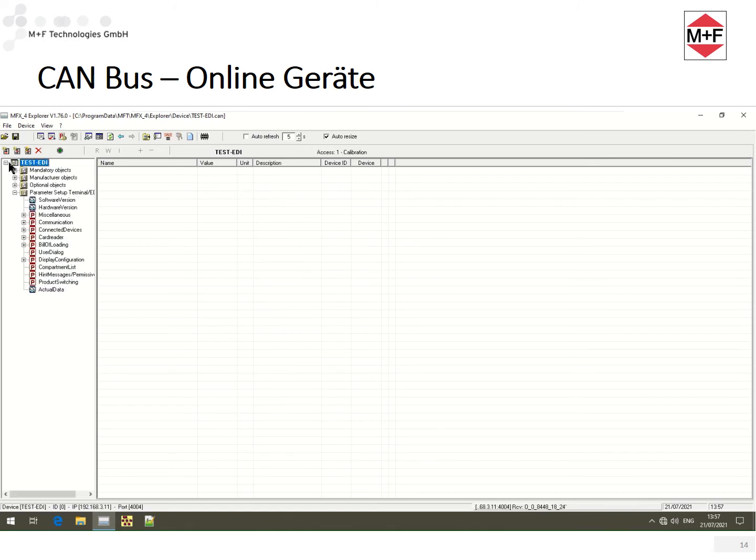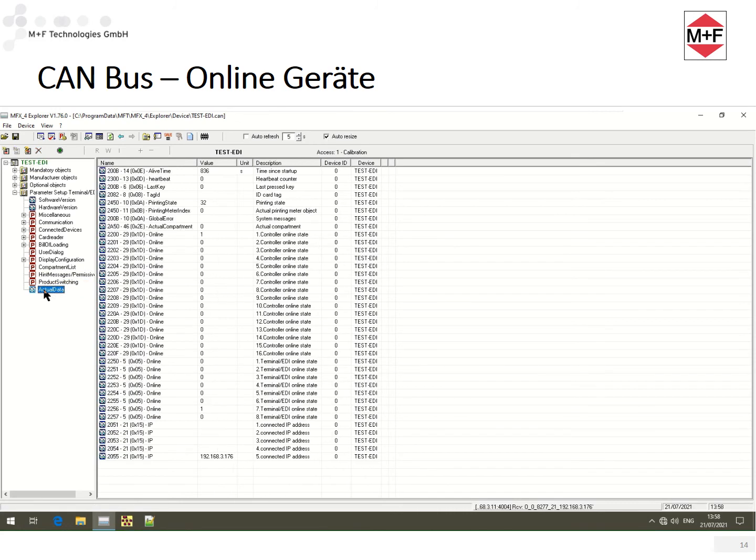In the Actual Data folder of the MFX4 EDI, all reachable MFX4 devices are displayed with Online 1. Here a controller and the terminal should be online now. I can add these devices to my device view in the MFX4 Explorer.